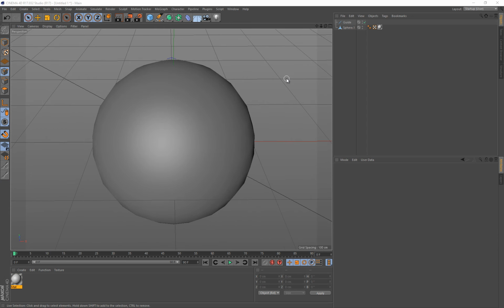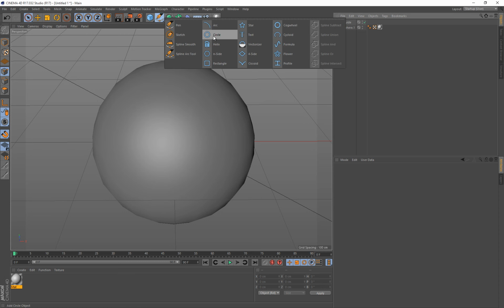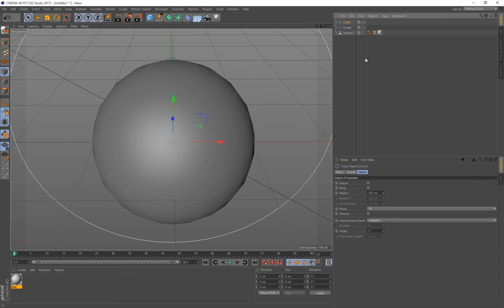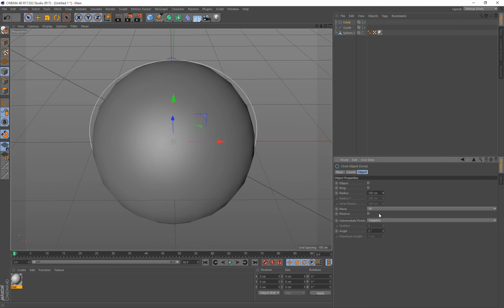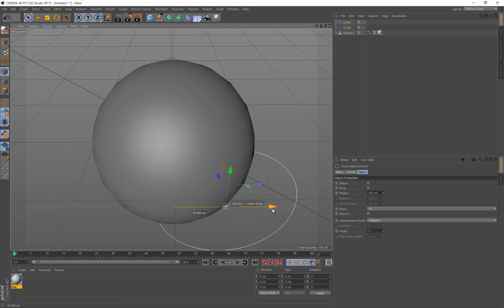Now we can also paint using splines. So I'm just going to create a spline here. I'm just going to create a circle, and I'm just going to change its size down. Move it so we can see it. About there. And now I'm going to paint using this curve of the circle here, and it'll project down onto